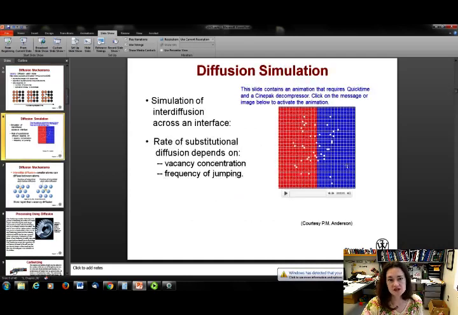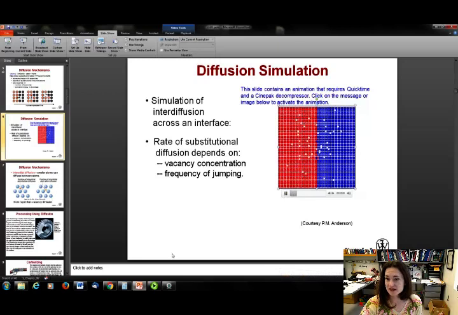This is a fun little simulation of interdiffusion across an interface. You can see the vacancies and how they're hopping around, and you can see that after time the interface starts to look more and more mixed, and you get red atoms in the blue and blue atoms in the red regions. So the rate of the diffusion depends upon the concentration, the frequency of jumping, the activation energy,